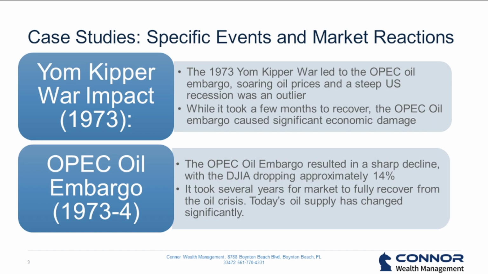So let's dive into the OPEC oil embargo, '73, '74. The market dropped 14%. But here is the situation. Back in '73, '74, we got 40% of our oil from international sources, from OPEC. When that happened, we went into gas lines. You remember going every other day, depending on your license plate, to get gas. It brought the U.S. economy to a standstill.